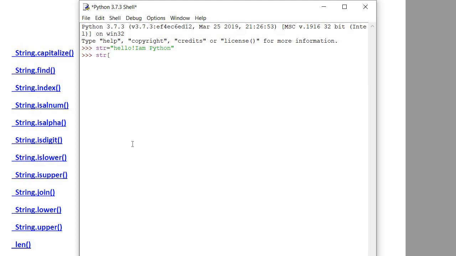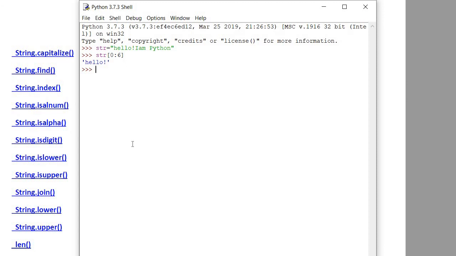I want to start from 0 and the last index you can give any, like 6. Okay, so it will be n minus 1. In slice operator always n minus 1 will work. So Hello with the exclamation sign, it will print till here. This is your slice operator.